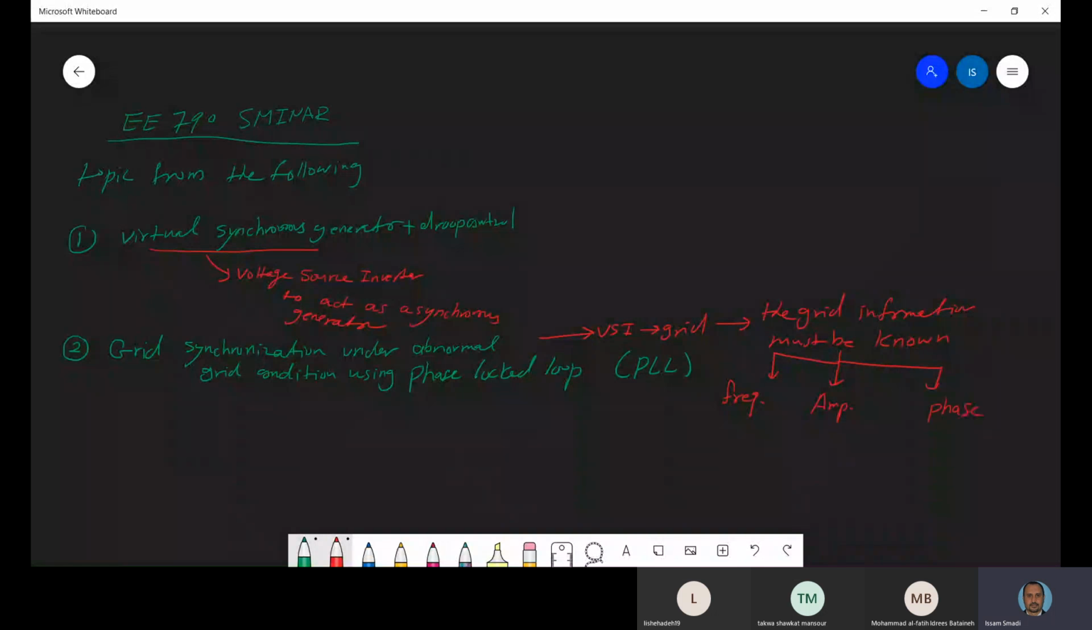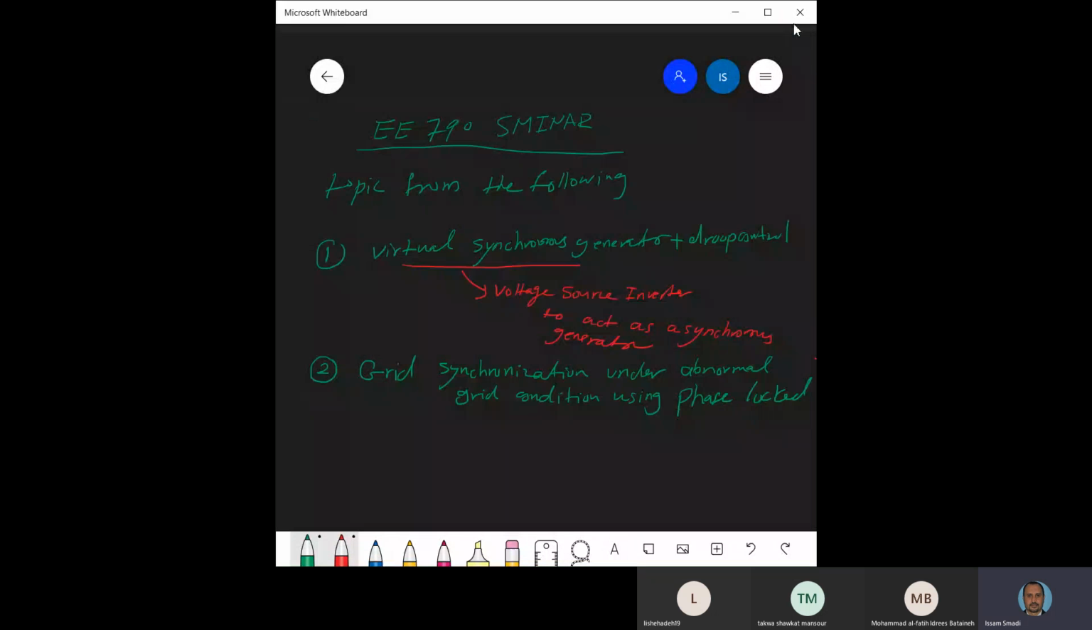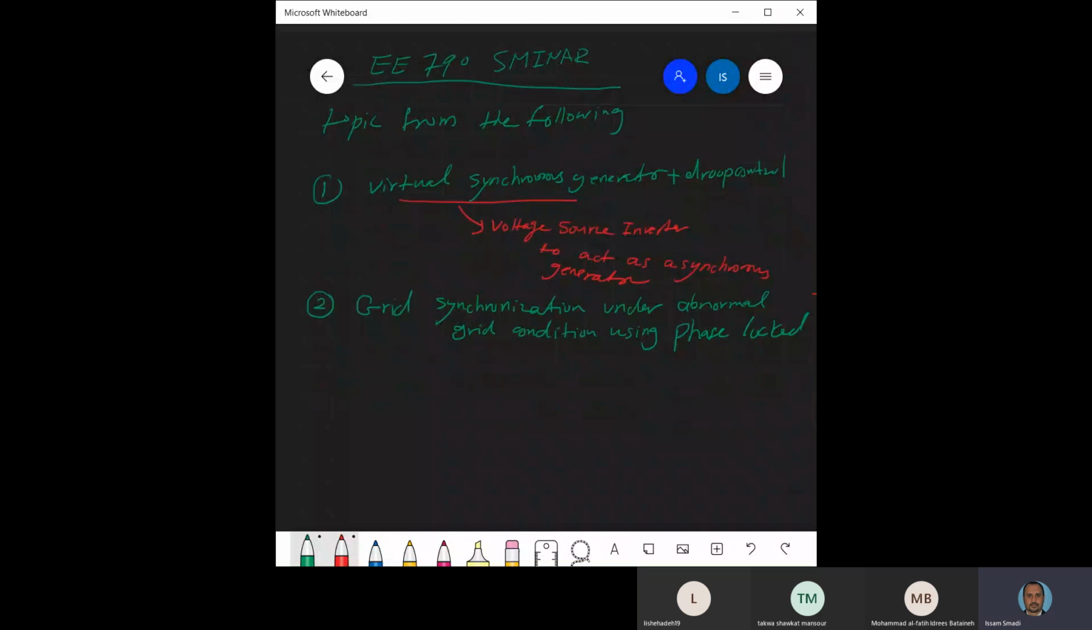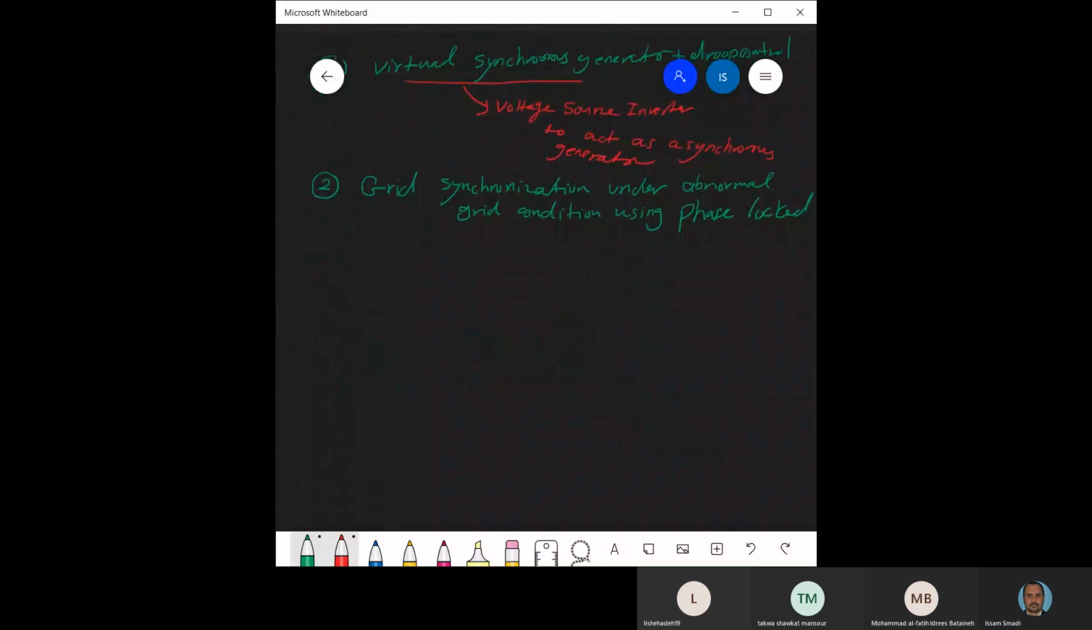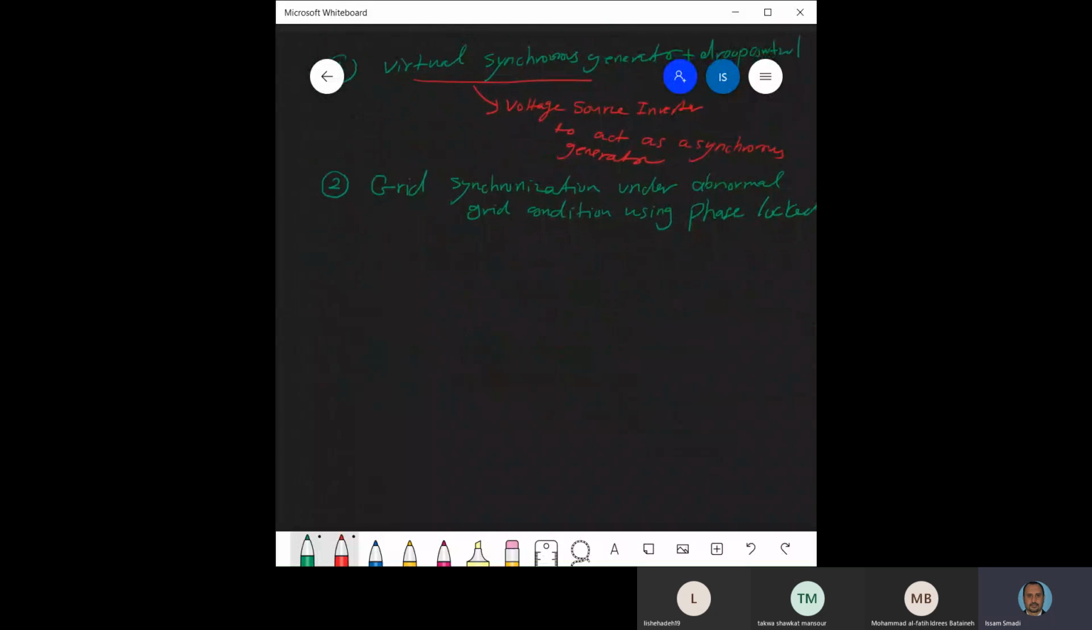This is very important when you need to connect a converter to the grid. You must know the grid information. And you can find the second paper in the e-learning. We'll discuss the grid synchronization. The third topic